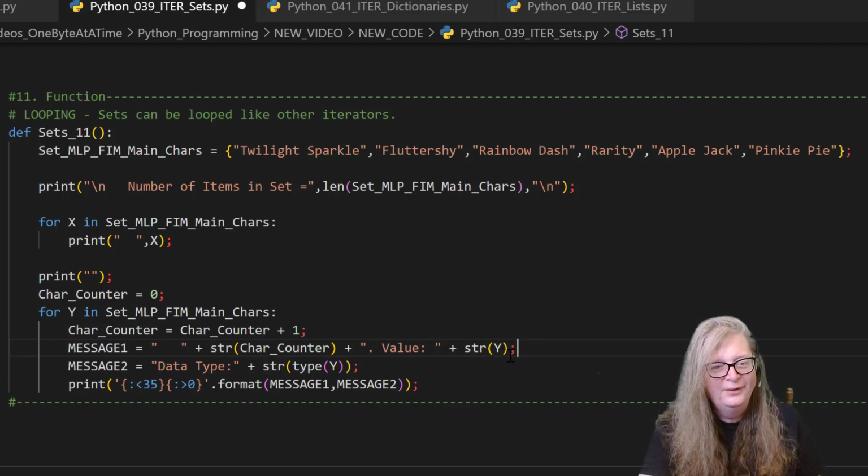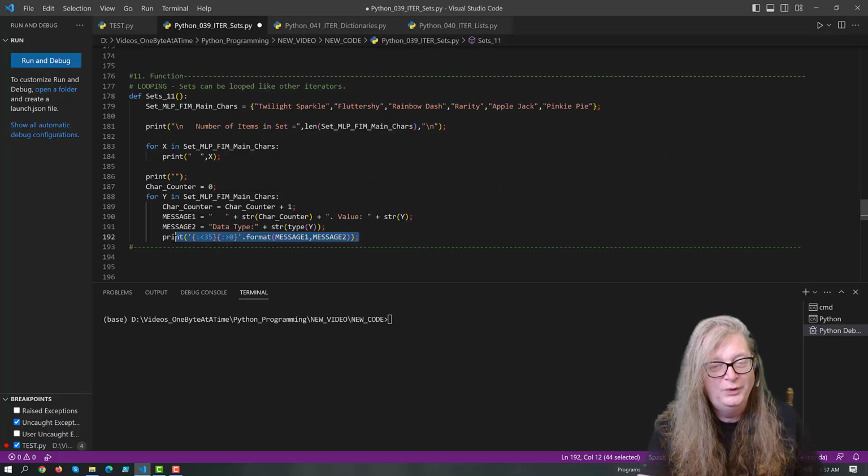And we're going to take our object here, our y, and also cast that to a string. So we'll take its value as well as how it appears. We'll store it in message 1, and then in message 2, we'll return the data type. Okay? I'm just going to display both of those with our print method.